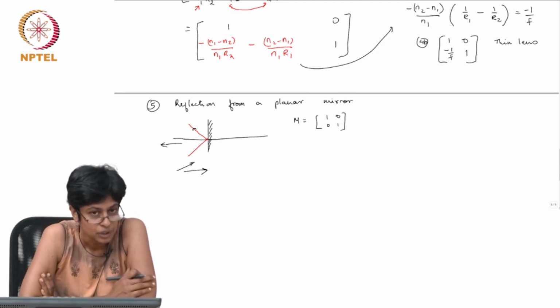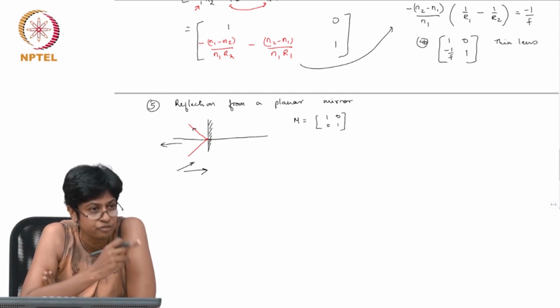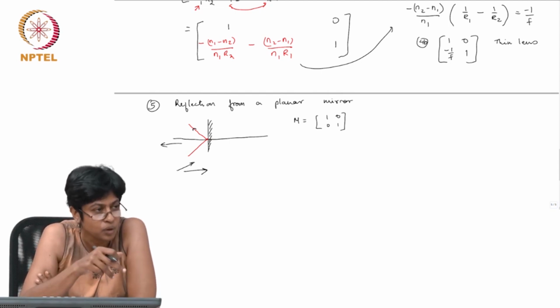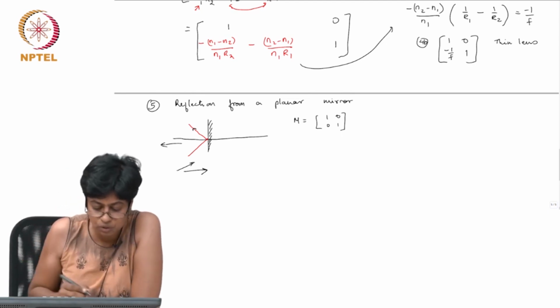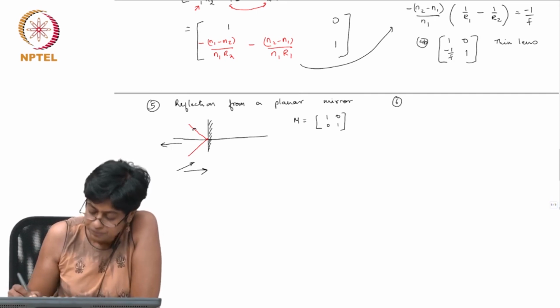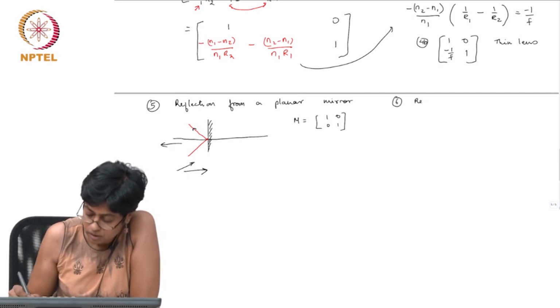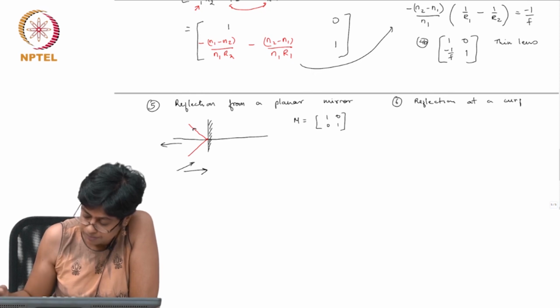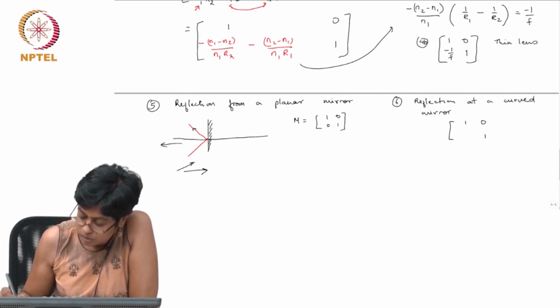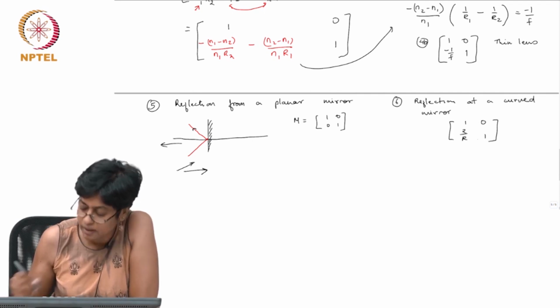planar mirror. You could of course carry out a similar operation as we did for refraction at a curved surface and work out for reflection at a curved surface, right? And it should be no surprise to you that if you do that, you will get, so this is the matrix for reflection at a curved mirror. Its matrix is going to be 1 0 -2/r 1, where r is the radius of curvature